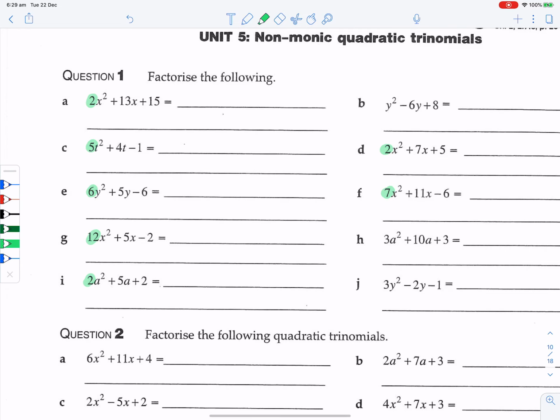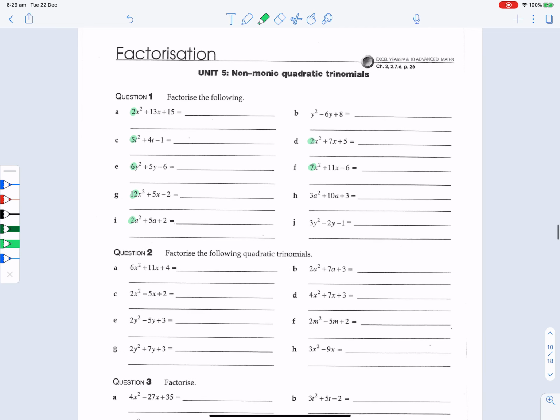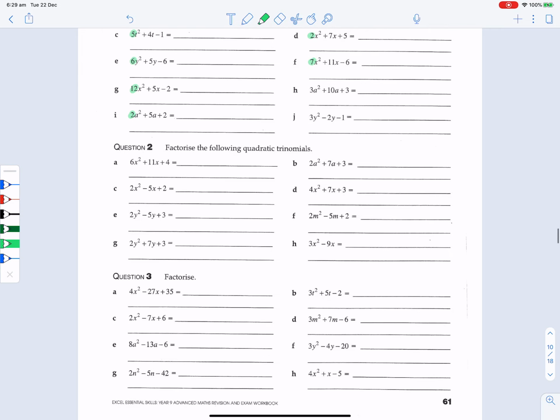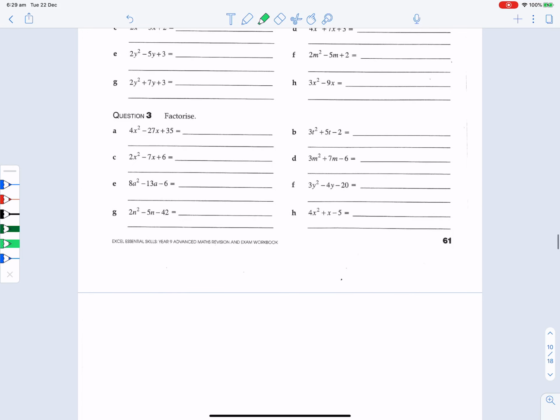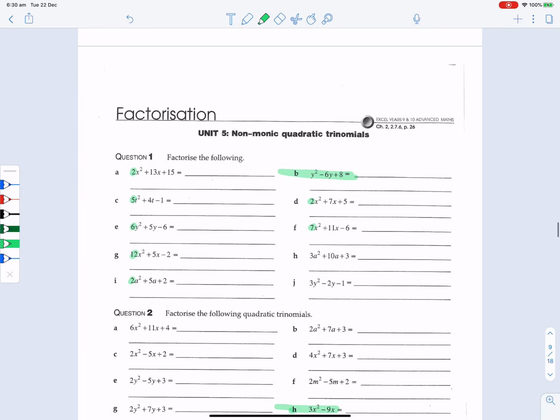Now for some reason, in this particular unit or exercise, they have included some monic ones on this page. So this is a monic quadratic trinomial, that's question 1b, and I think that's it. And question 2h looks like it's potentially a mistake. But the others are all non-monic quadratic trinomials. So these are done a bit differently, and there's a lot more working out than the monic